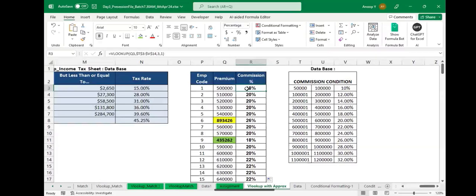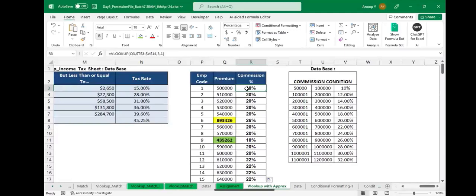So in that case, you have to use a zero as an exact match. But in this case, where I have shown you this premium, where you have the tax slab, right? Because that value is existing into that particular range, correct? So in that case, you have to use the approximate match. तो एक तरह से अनुप हम ये लॉजिक लगा सकते हैं कि जहाँ पे हमें फिक्स्ड वाला चाहिए होगा वहां पे हम जीरो लगाएंगे, और जहाँ पे अप्रोक्सीमेट चाहिए होगा वहां पे हम वन लगाएंगे। बिल्कुल करेक्ट।